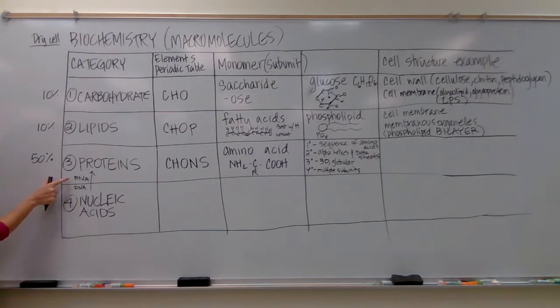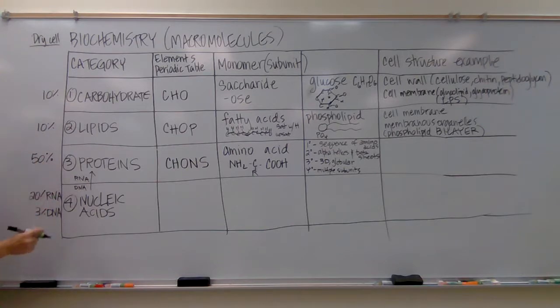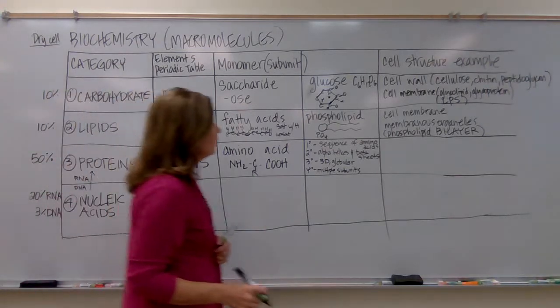So in order to make a lot of protein, does it make sense that you also need a lot of RNA? So we will have approximately 20% RNA and 3% DNA in our cells. And this is for the organic material in a dry cell. So moving on,